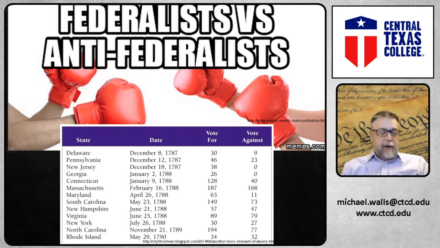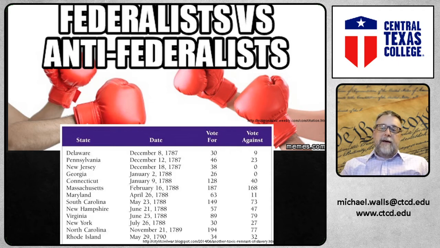So they agree, hey, we're going to put a Bill of Rights in, because the big problem the Anti-Federalists have is there's no protection for the individual citizens. And the Federalists kind of argue, well, they don't need those protections because this government's limited, right? Well, again, they're going to meet in the middle with this Bill of Rights thing. They're going to compromise, and they're going to move on. You can see here on the screen the list of states and how they voted. All 13 will vote yes,